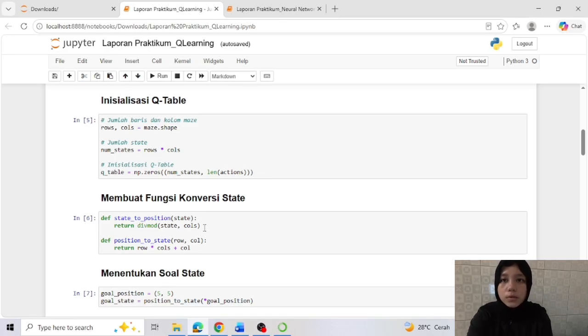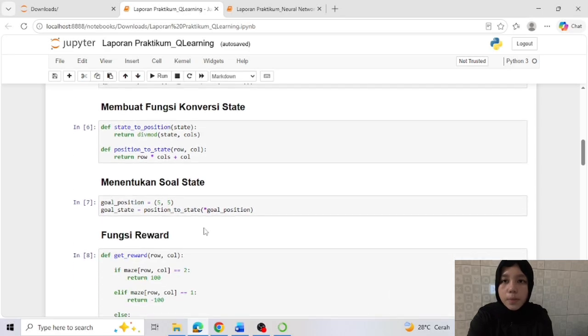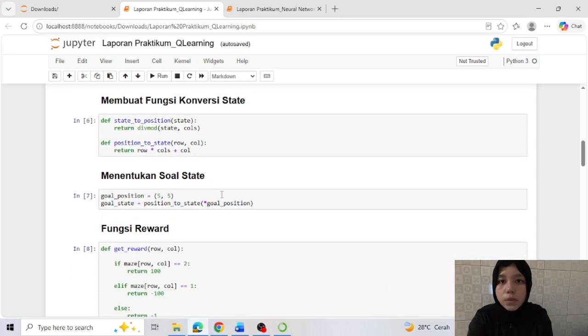And the next step, conversion and reward. In this step, I create functions to convert between the state index and the maze coordinates. This makes it easier for the program to identify the current position of the agent. I also create a reward function.